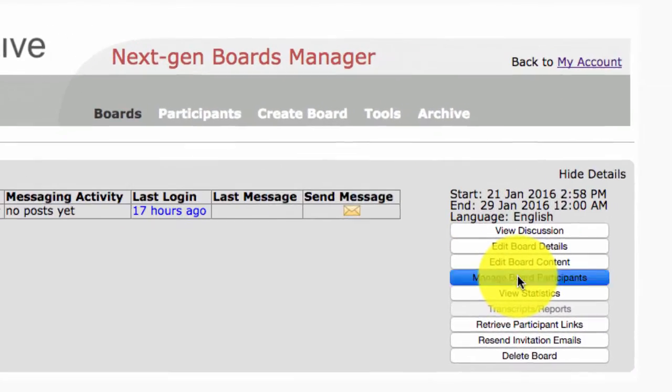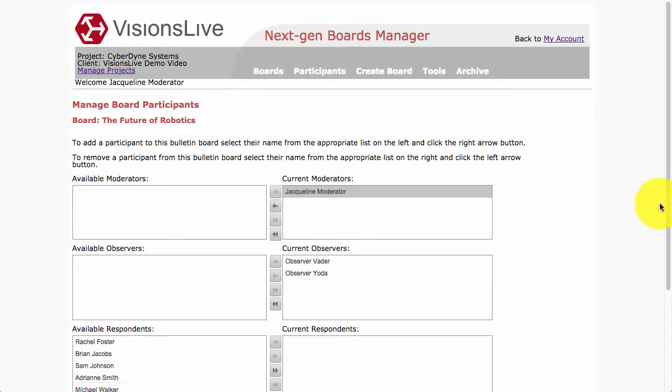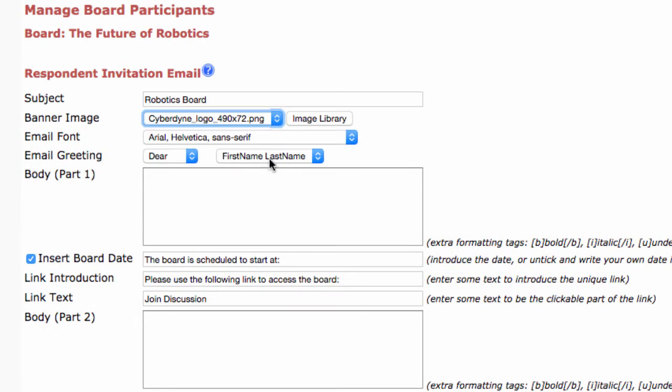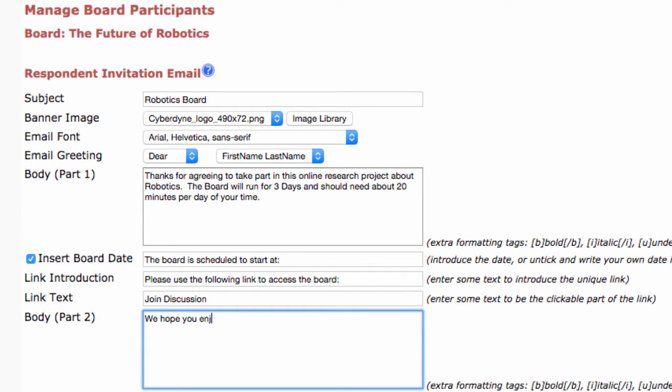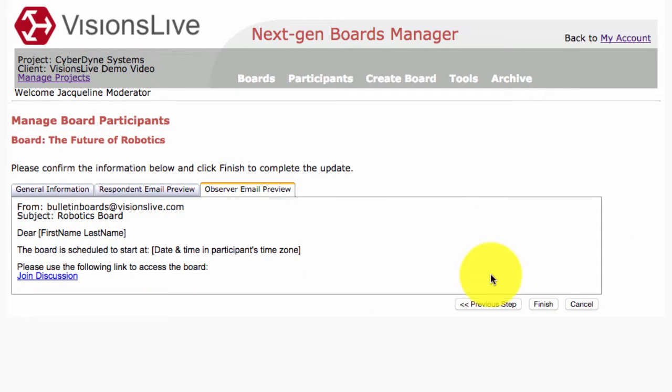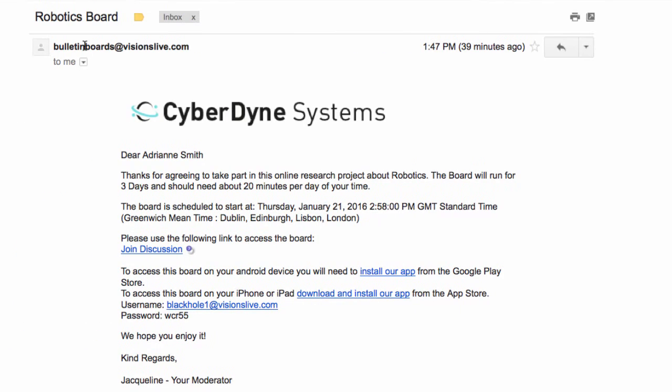You can add your participants to the board now or at a later stage when you are ready. Next, create the invitation to be sent to respondents and observers. And finally, confirm all information before finishing. Once respondents have been invited to the board, they will receive their invitation via email with their own unique link